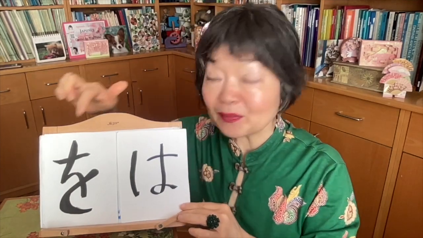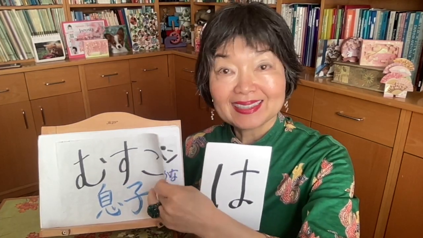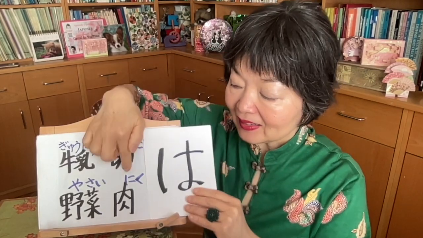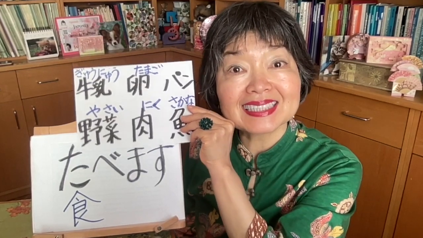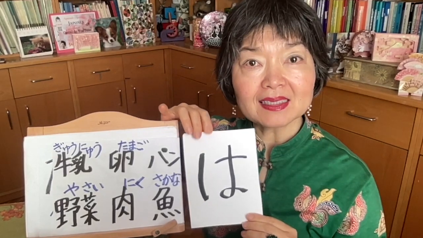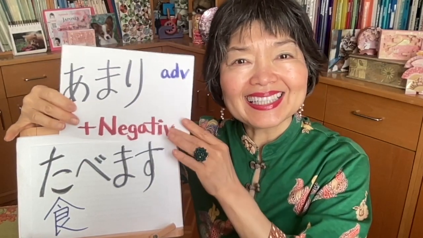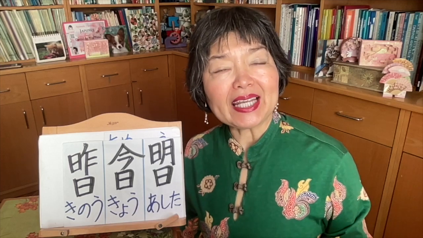But in this case, meat, yes, but not fish. So instead of を, we're going to use は. 息子は肉は食べますが、魚はあまり食べません。